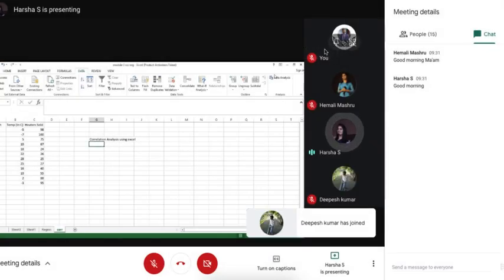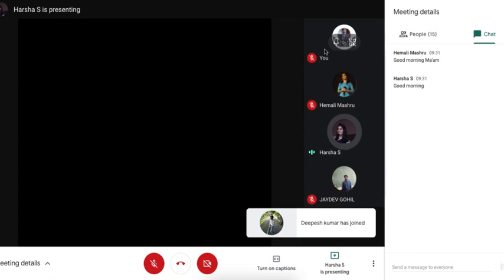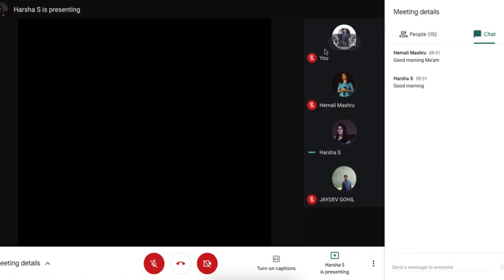Can you see this data analysis tab on the right hand corner in your Excel? No, ma'am. So most of you might not be having this tab.